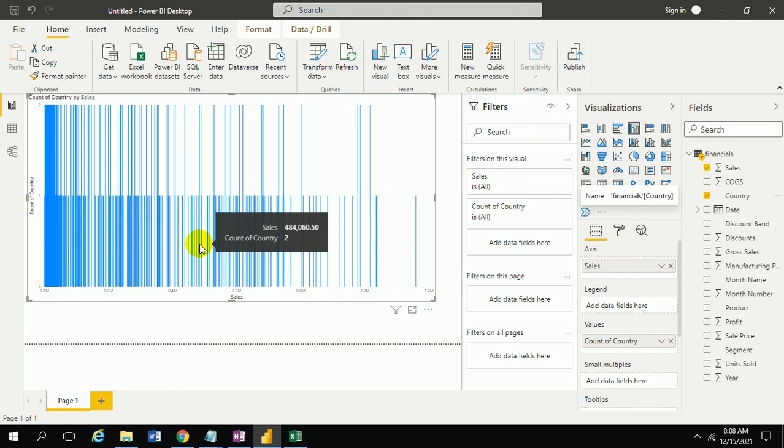But this data is not accurate. We'll see in the next classes how we can show accurate data, which visual we need to take, and which one shows the data in an exact readable format, also in the next session.